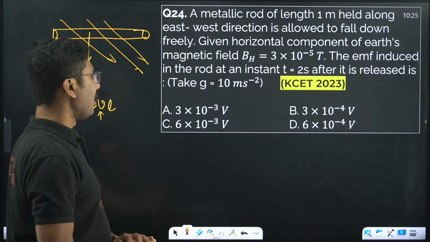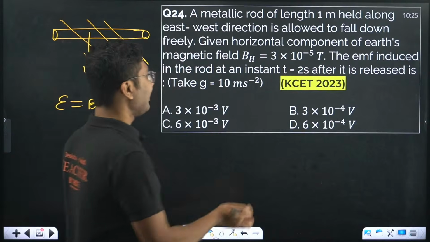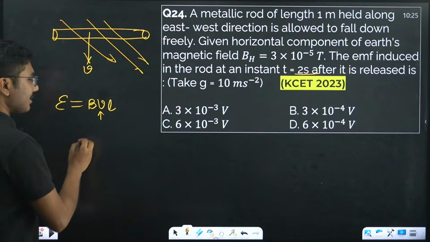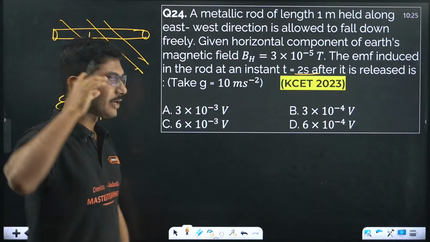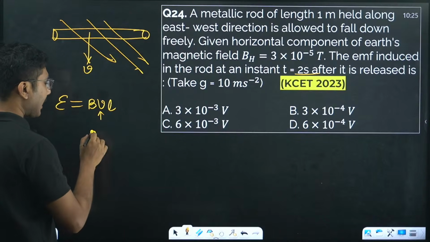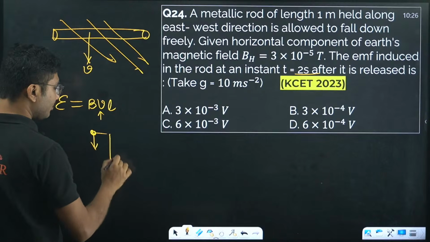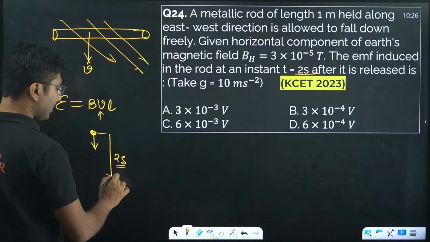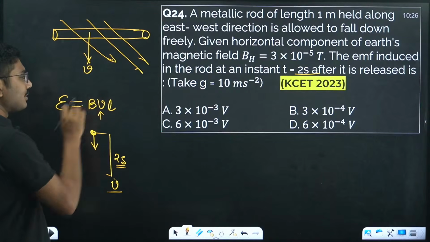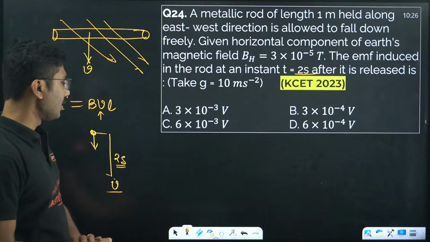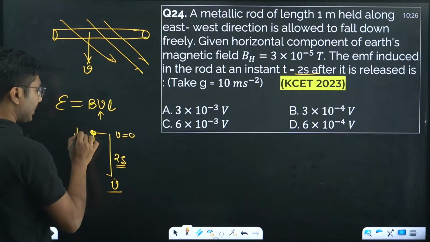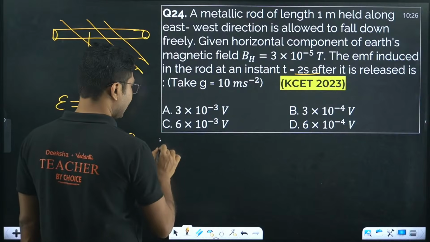So how to find velocity v? They have given that at an instant 2 seconds after it is released. So basically it is a concept of motion in one dimension where you have a ball, you drop it from some height, what will be the velocity after 2 seconds? So you have to use your first PU concept and then use that velocity to calculate the induced EMF. Initially the velocity is 0, the gravitational acceleration acting on this object is g, so we can say that the final velocity is